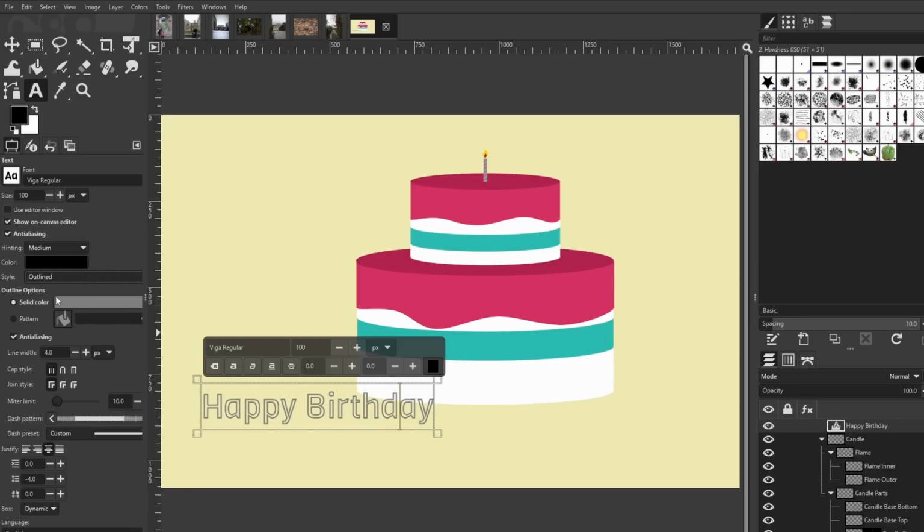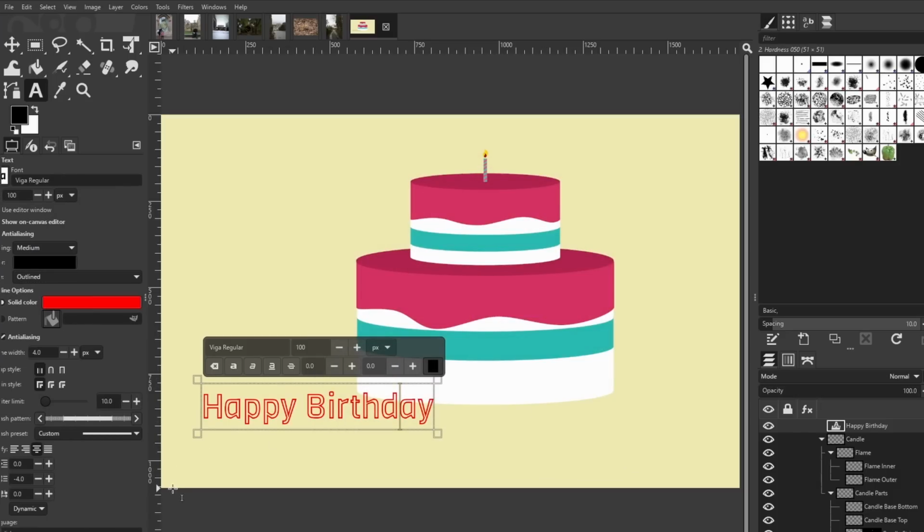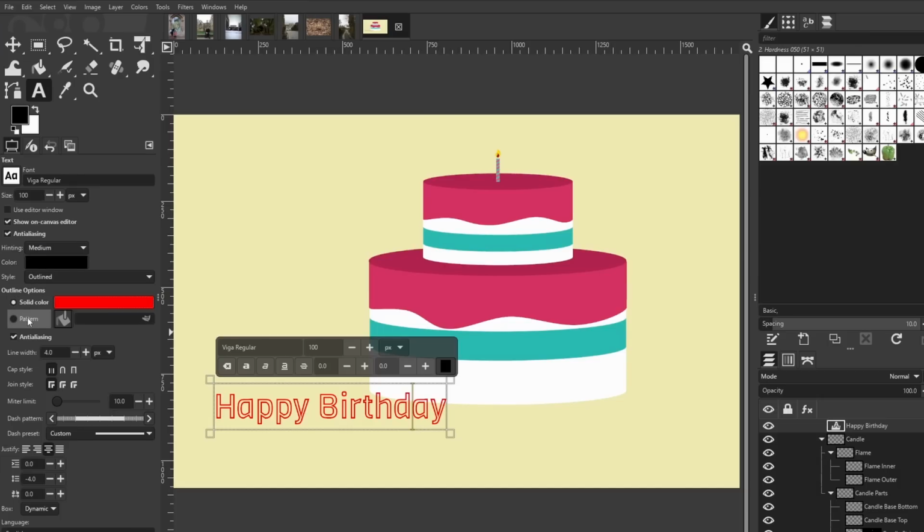And you'll see we have some outline options here. So for solid color, we can change the color of the stroke. And now we have a red stroke. But you can also add a pattern to the stroke if you prefer. And similar to some of the styling you would have available if you were to stroke a path, you have those options available here. I'm not going to go through all those right now,